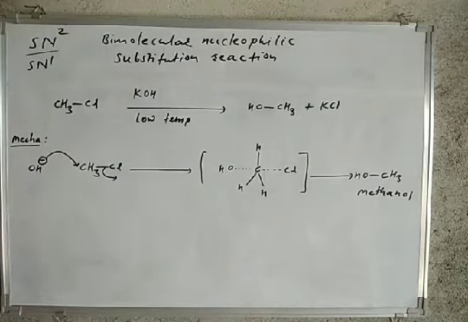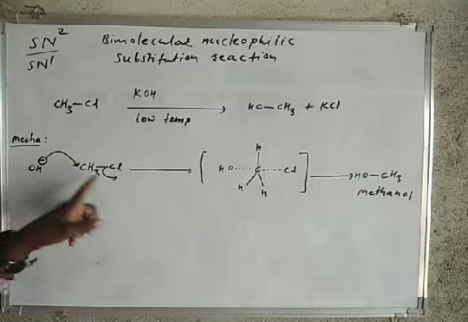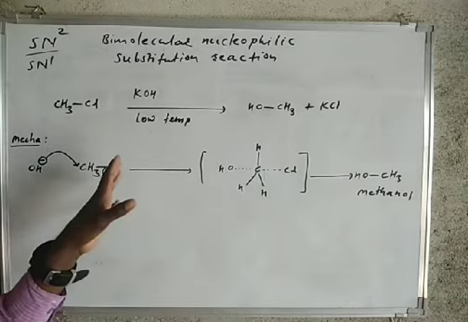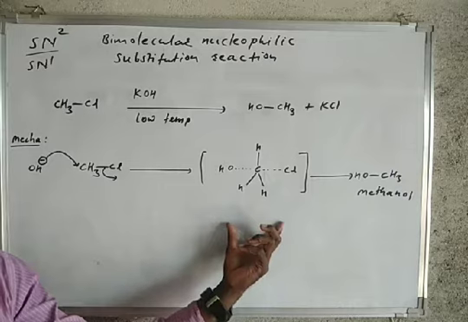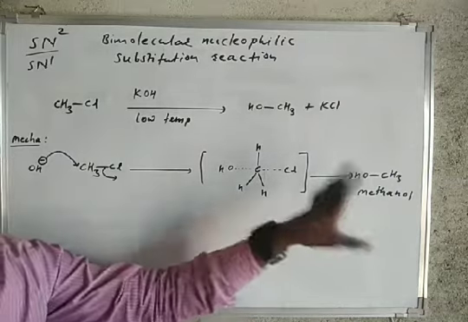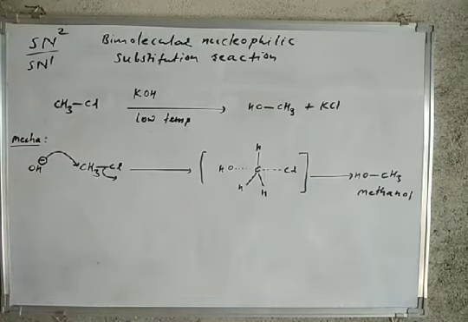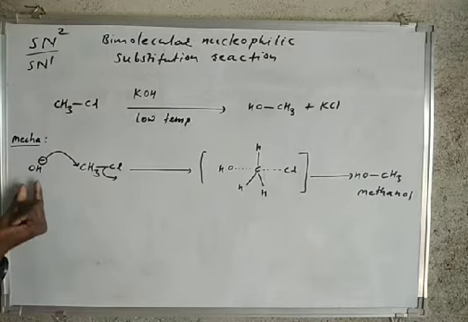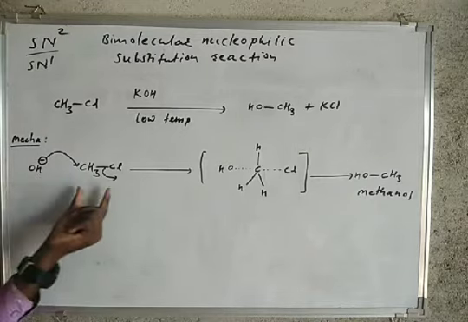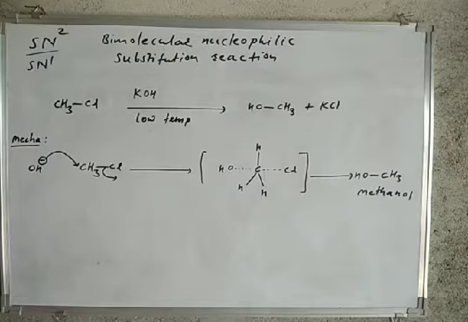As we discussed, in the SN1 reaction there is formation of a carbocation. Here no carbocation is formed in these reactions. Attack of the nucleophile, simultaneously the leaving group leaves its original position and forms a transition state like this, and this transition state turns into product fast. This is the one step mechanism, but why do we call this reaction an SN2 reaction? Because here both molecules, that is the nucleophile as well as our starting material alkyl halide, react with each other and form a product.